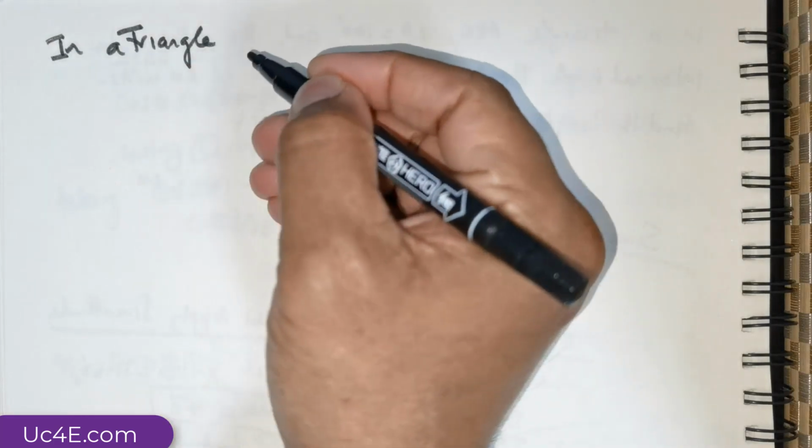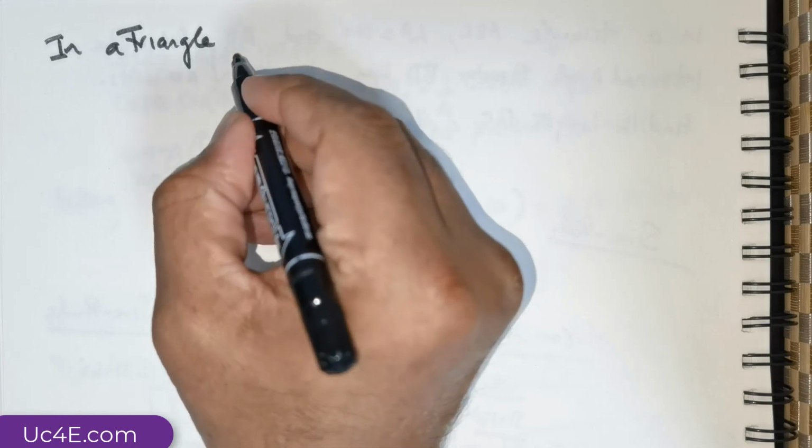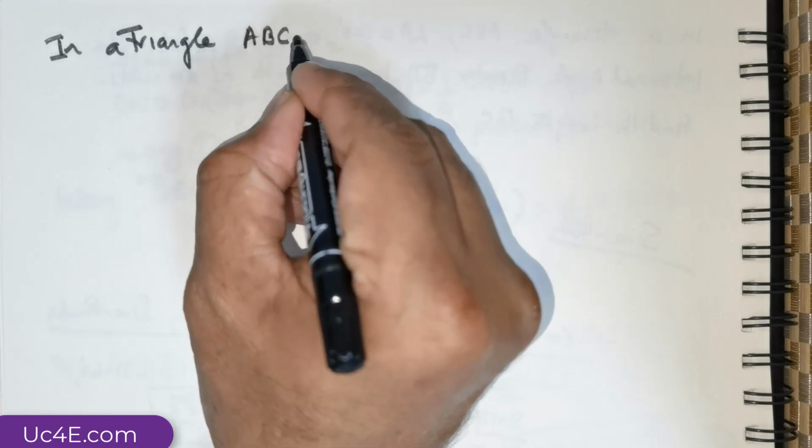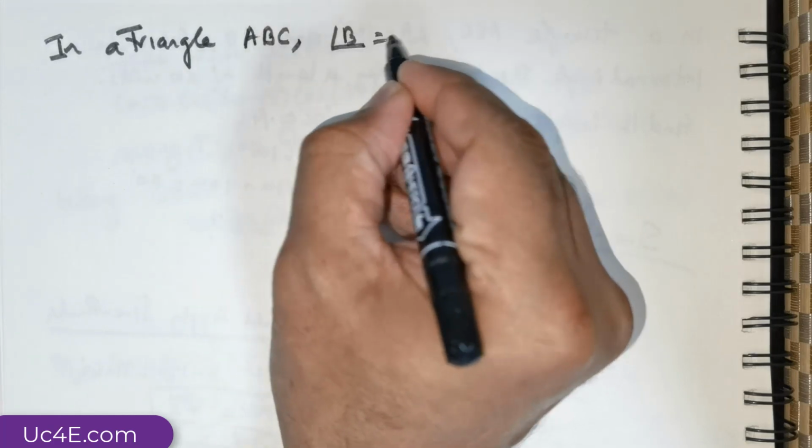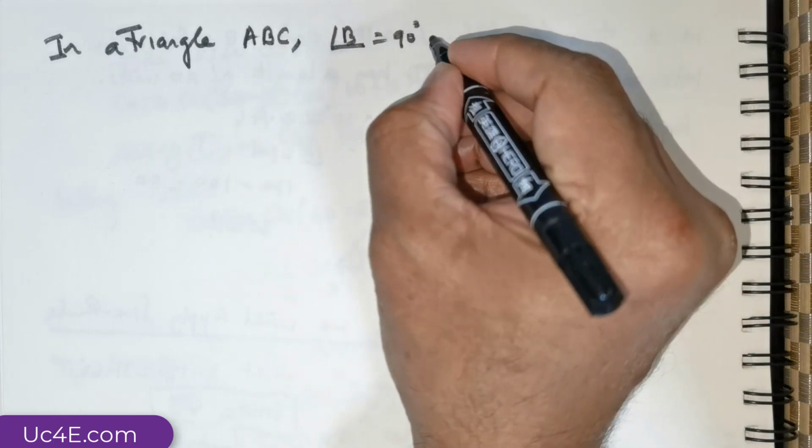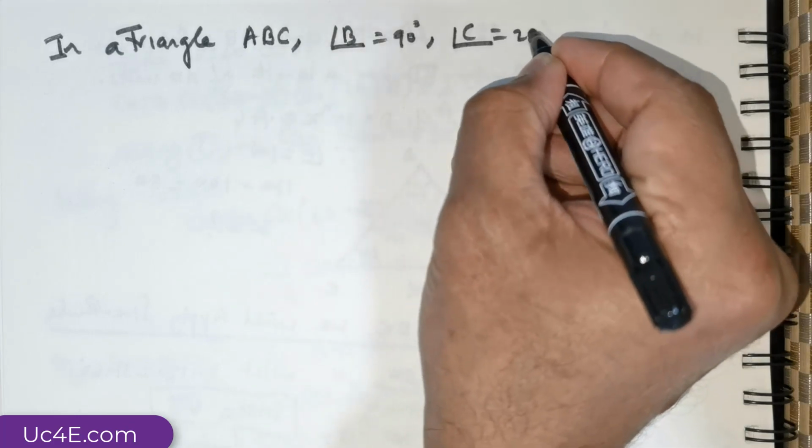Hi everybody, we got a lovely question here. The question is as follows. In a triangle ABC, angle B is 90 degrees, angle C is 20 degrees,